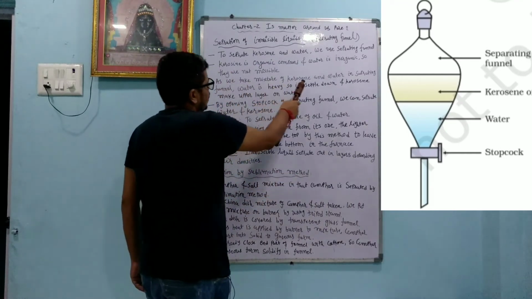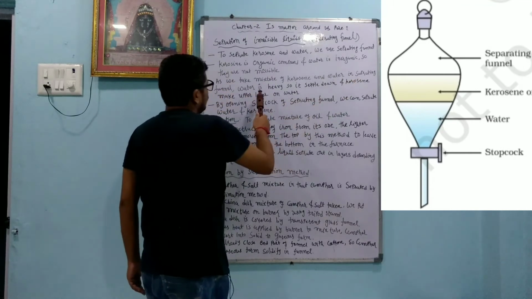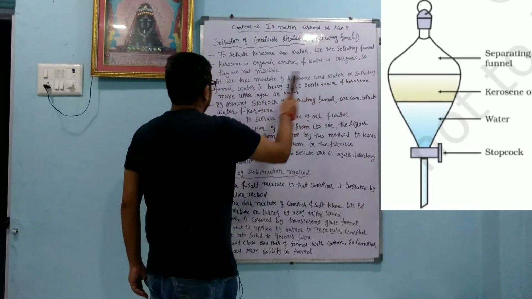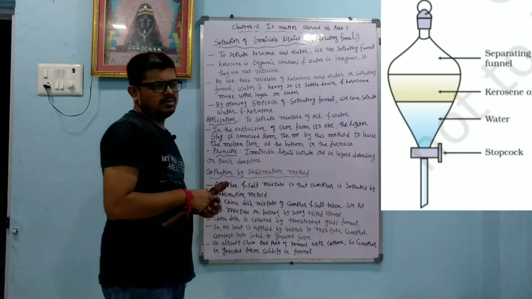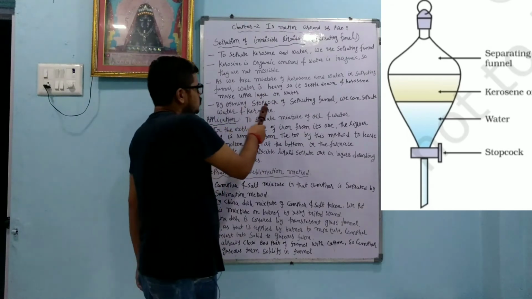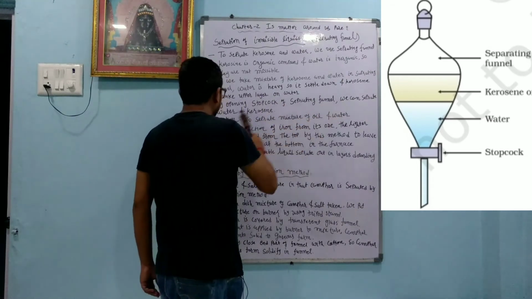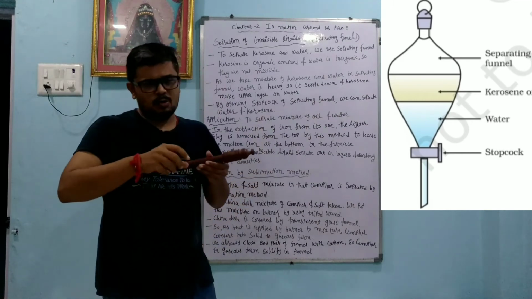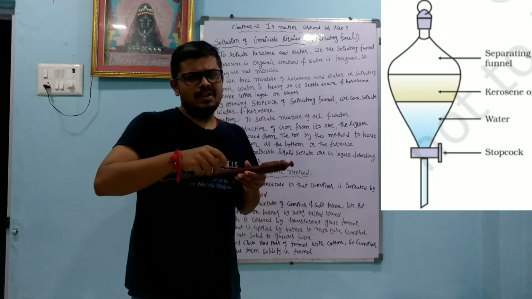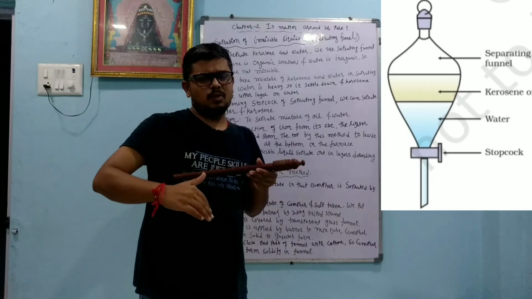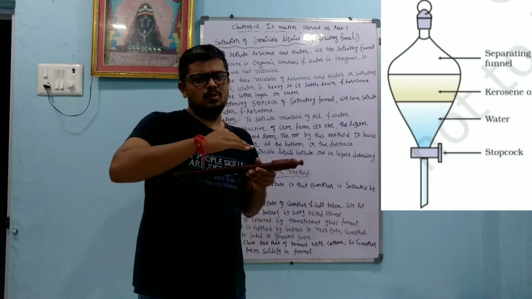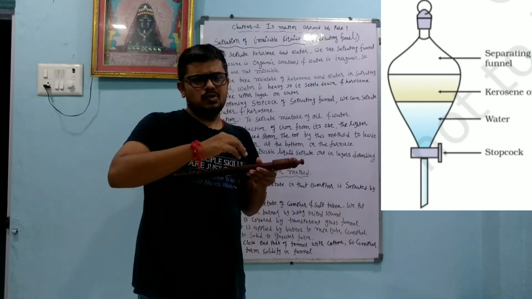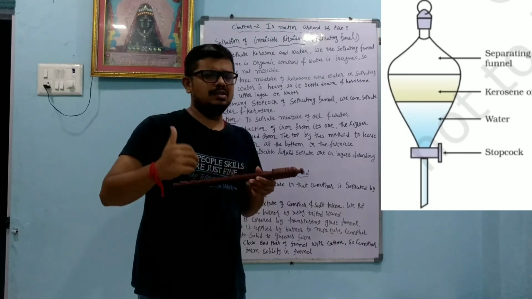As we take the mixture of kerosene and water in a separating funnel, water is heavy, so it settles down and kerosene makes the upper layer on the water. By opening the stopcock of the separating funnel, we can separate the water and kerosene. When we open the cork, from the down part we can separate the water. As the kerosene is about to come, we close the cork, so now we can separate the water as well as kerosene.